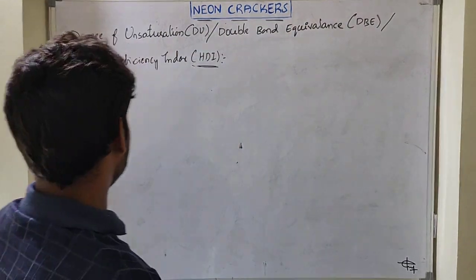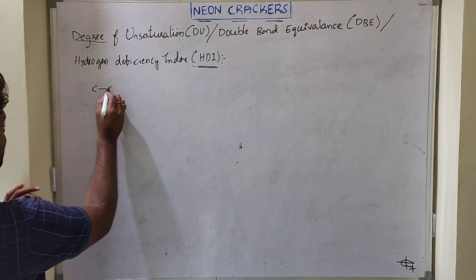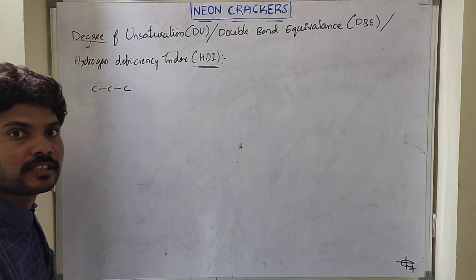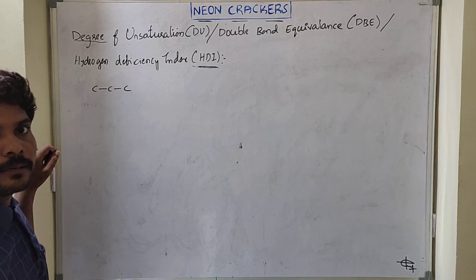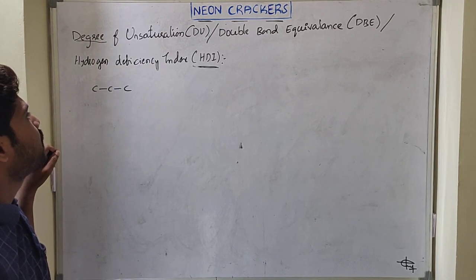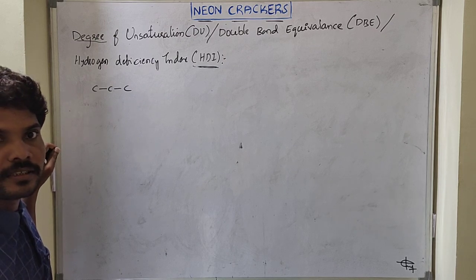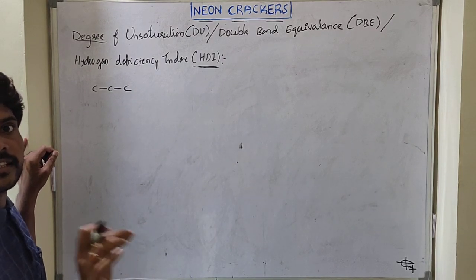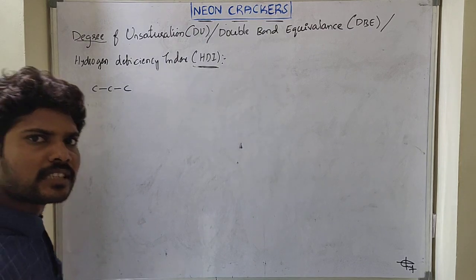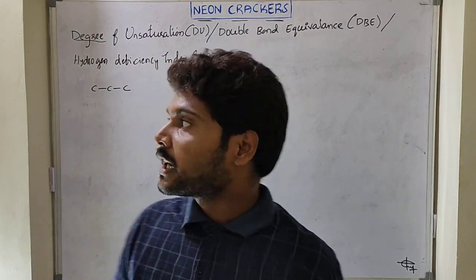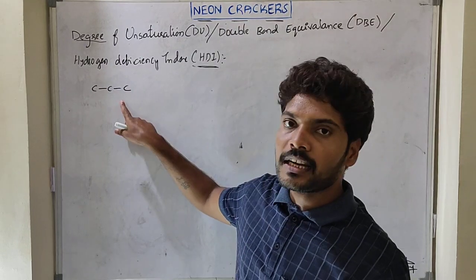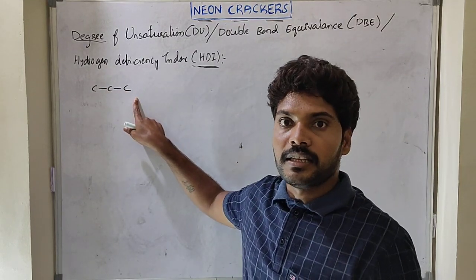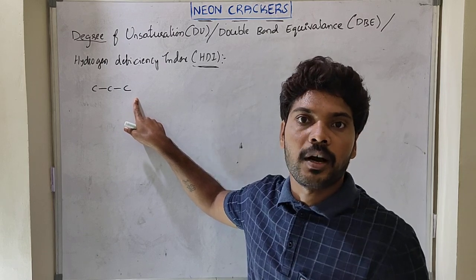So let's suppose we take propane. Propane is a compound, is it saturated or unsaturated? It is said to be saturated because all carbons have sp3 hybridization, but that is not exactly the term. So two terms are there. What is exactly a saturated compound? A compound is said to be saturated when the compound is non-cyclic and all the carbons have sp3 hybridization. Then only the compound is said to be a saturated compound.